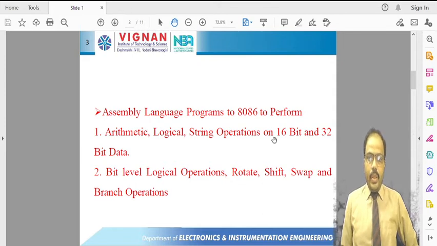So in this session, I am going to discuss arithmetic operations on 32-bit data, that is addition of two 32-bit data and subtraction of two 32-bit data. After that we will discuss logical operations, that is logical OR and logical AND between two 32-bit data.